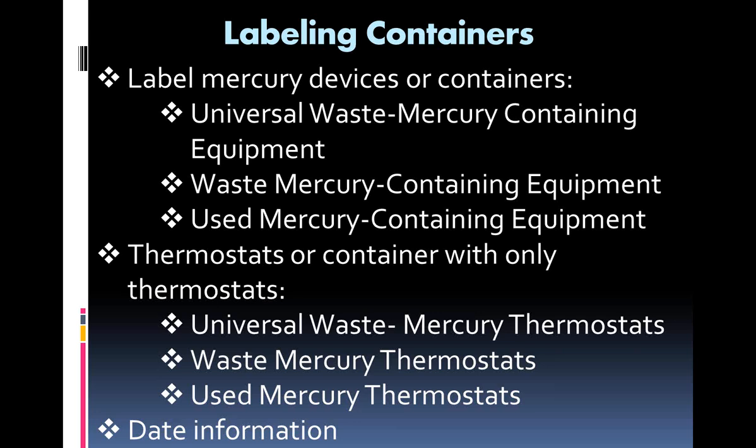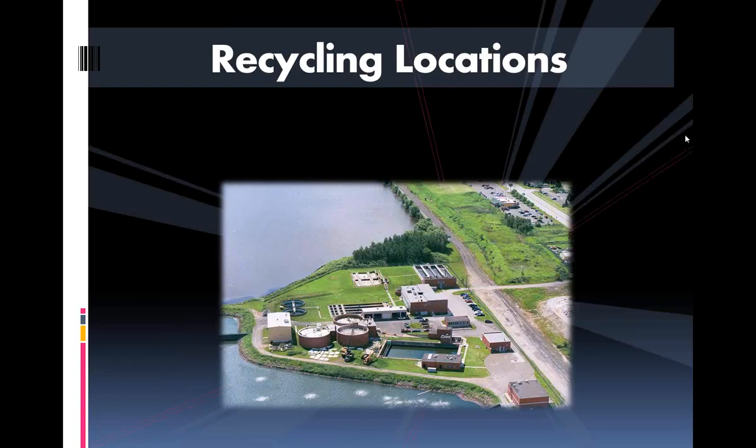Another way is to label each one individually. Another thing you can do is keep inventory. So, just keep a file on your computers about when each thing was generated, things like that. So basically, it's up to you how to keep those records, but you have to be able to prove that it's only been there for a year, or that you have a good reason for keeping it there for longer than a year. So that's pretty much it for labeling.